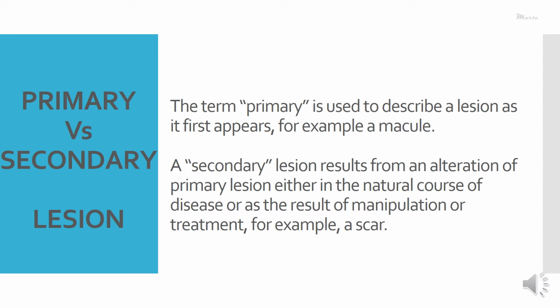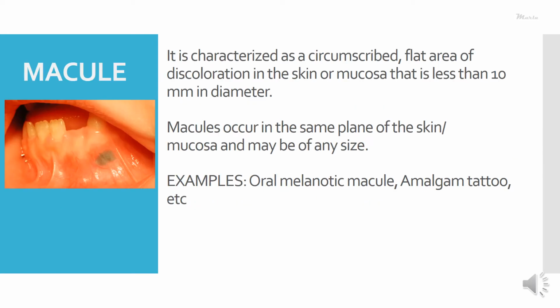I hope this explanation is clear and you will be able to identify primary and secondary lesions. Knowledge of primary and secondary lesions is important because while we are evaluating a lesion, it helps us determine the clinical differential diagnosis more accurately. When we know how a lesion appears primarily, or that it is an evolution from a different state, we will know that lesion better, and that helps in the diagnosis of a particular lesion. So let's begin with the various terminologies designated under primary and secondary lesions.